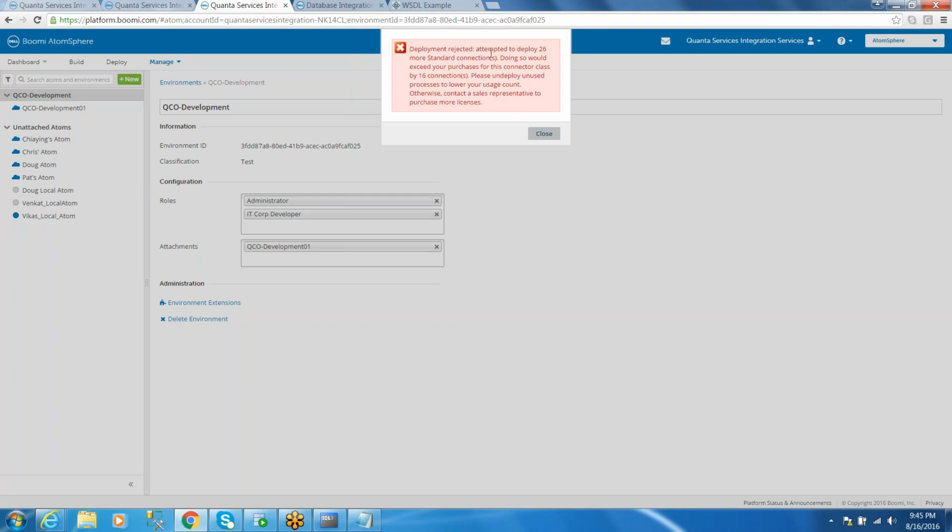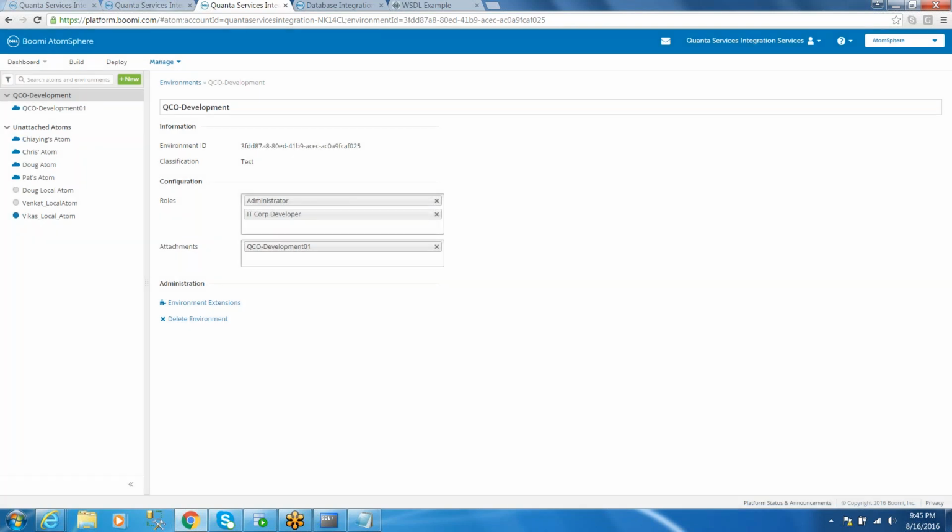Deployment rejected. Attempt to deploy 26 more standard connectors. Doing so would exceed your purchased connection class by 16 connectors. Please undeploy unused processes to lower your usage count. Actually, you have deployed so many processes. True, but whatever you basically don't require, we can just go here and undeploy it quickly,